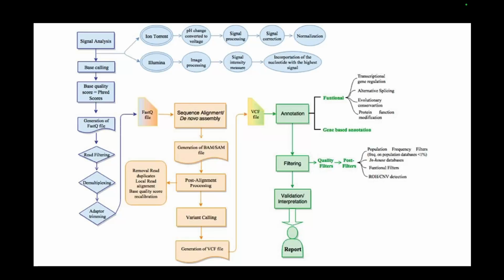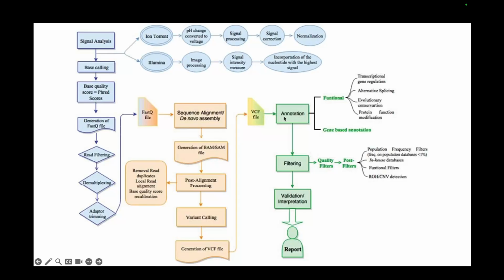It's a very computationally intensive and a very difficult thing to do. Basically, a lot of algorithms, graph theory algorithms particularly, are used to do that, but it's erroneous and it's a very computationally intensive workflow. Anyway, after that you do variant calling, and after variant calling, what you generate is called a